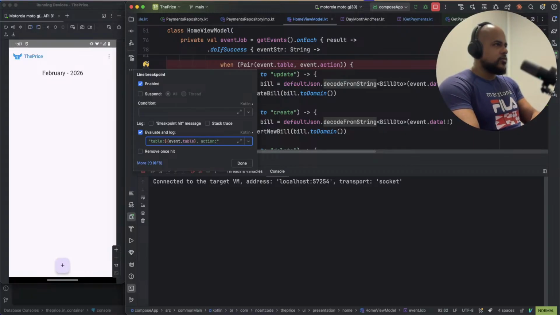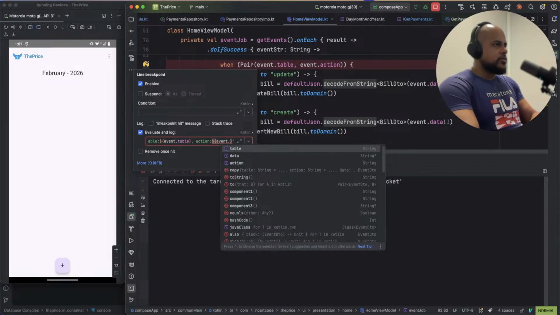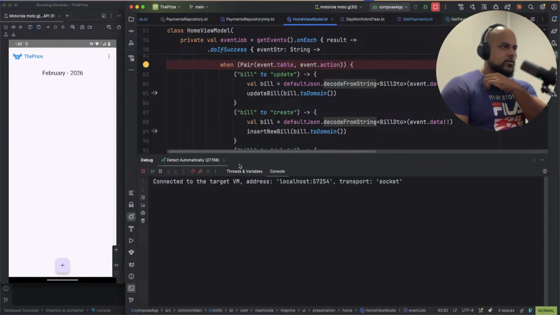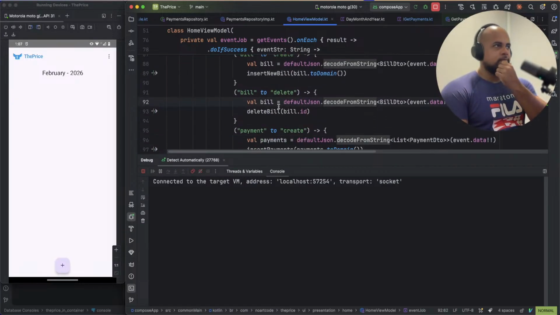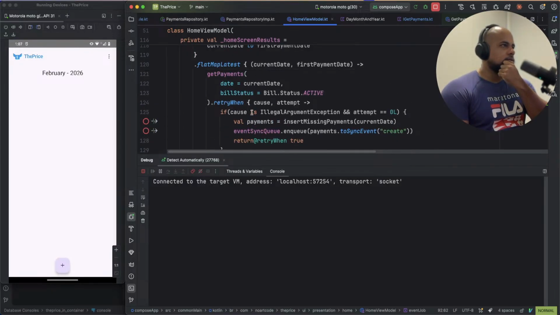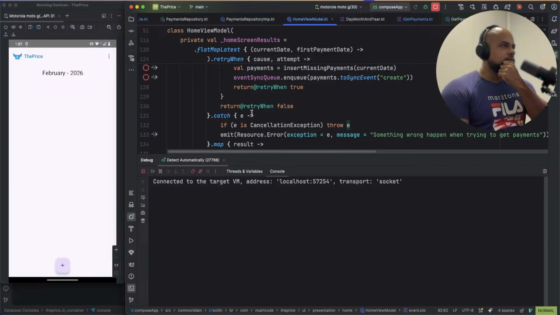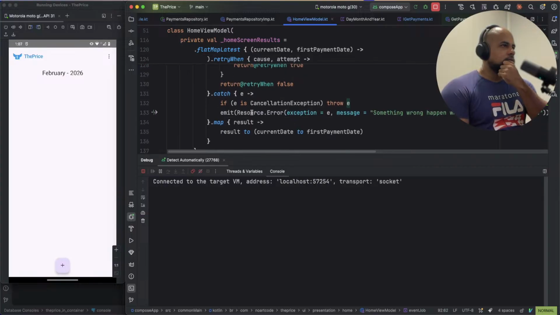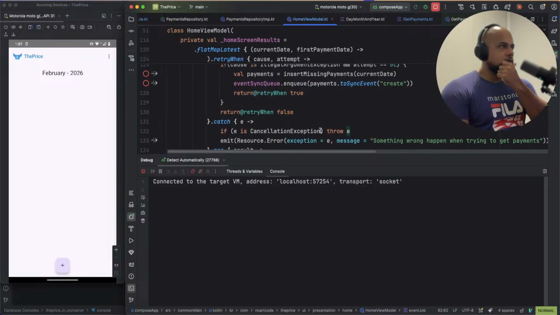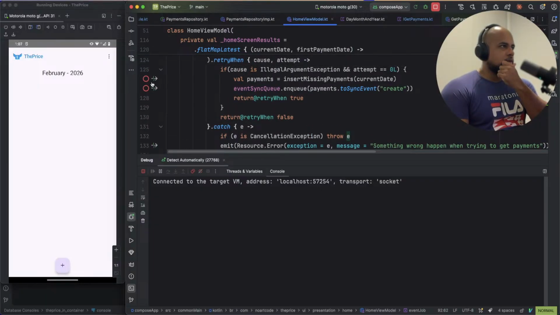Just to check which actions I'm receiving. Event. Action. Okay. This is good. Another one is here. So I want to do this. Get payments, okay? So, yeah, I think another one would be like,